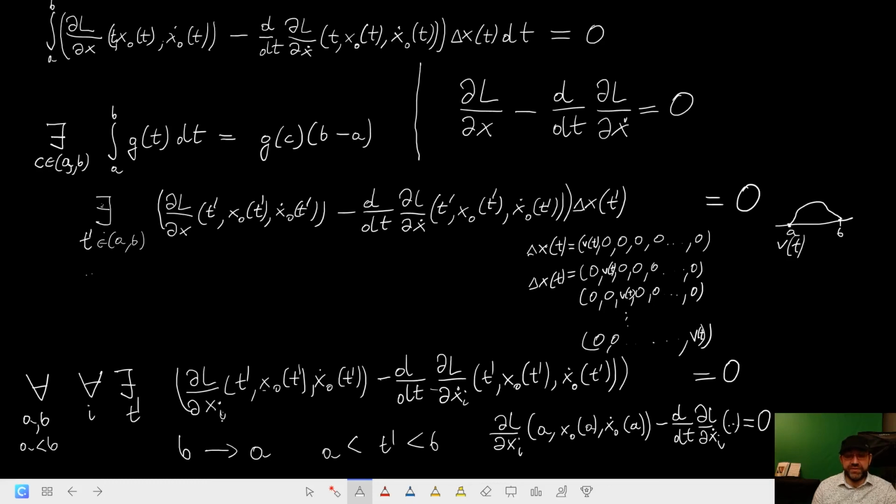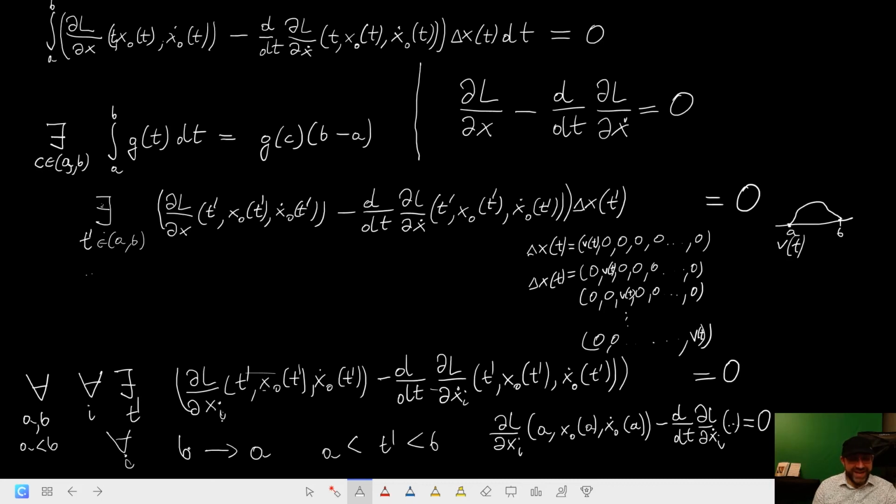So we needed to use n functions as delta x. Each of them had only one coordinate non-zero with this function v. That gave us that for each coordinate we found some t prime which made this equal to 0, but that was just for one coordinate. Then again, for each coordinate separately, we did this argument,